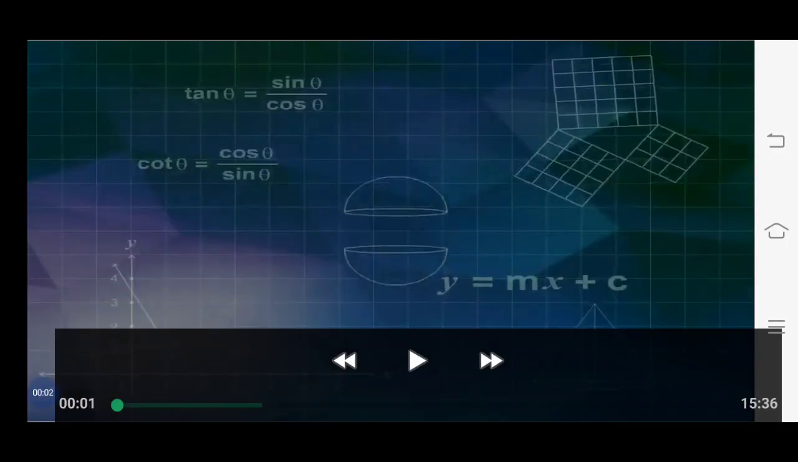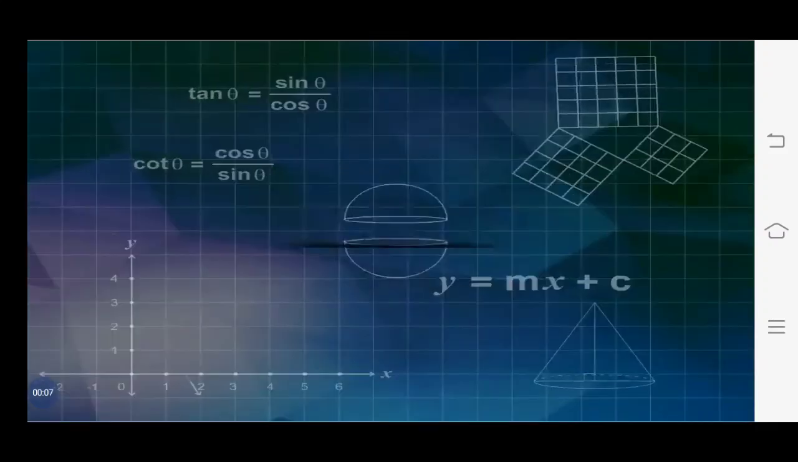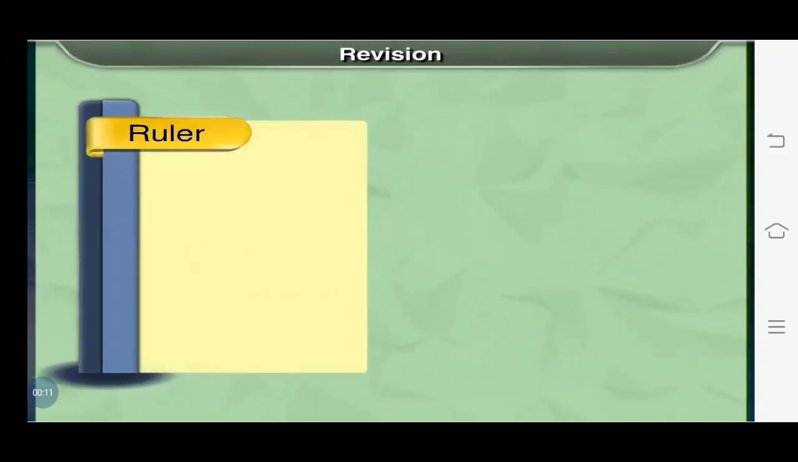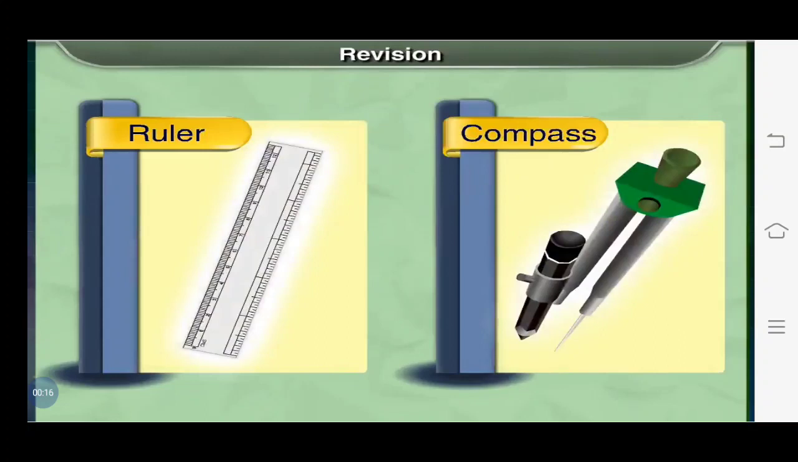Chapter 4. Geometric Constructions. Revision. We already have studied the basic constructions using ruler and compass,